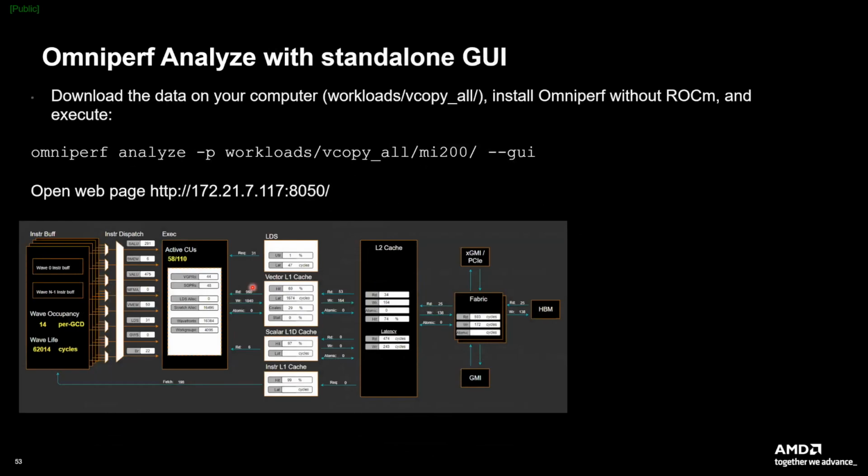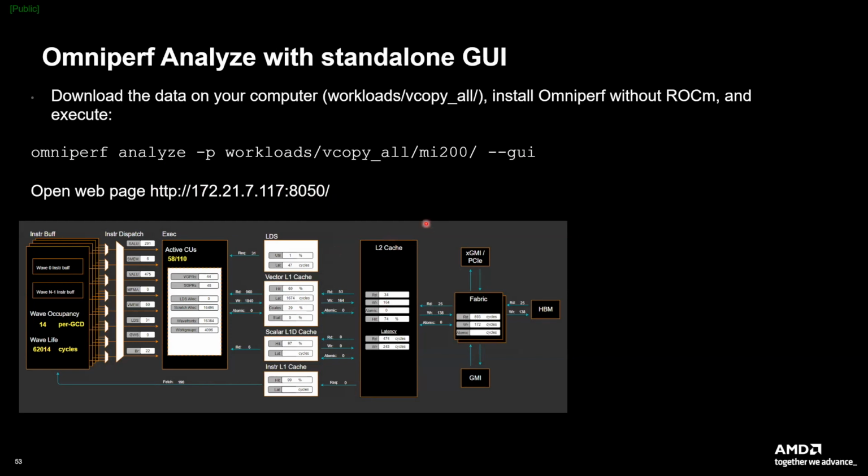Now, as I was saying, for the standalone GUI, download the data. When I say data, I mean the workloads we copy all. Download this to your computer, for example, and install omniperf without ROCm. You need to install omniperf, you need some Python, and no ROCm at all, only some Python dependencies. And when you run analyze with the GUI option, it starts activating. You open your browser and go to this web page, to port 8050, and it starts